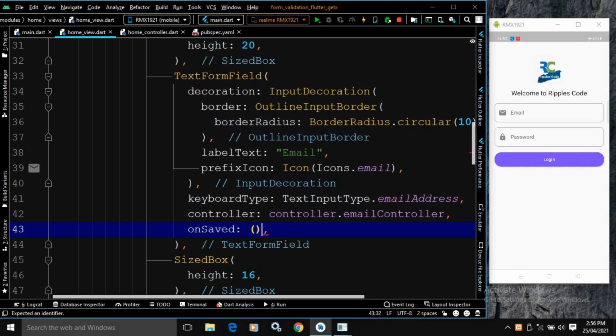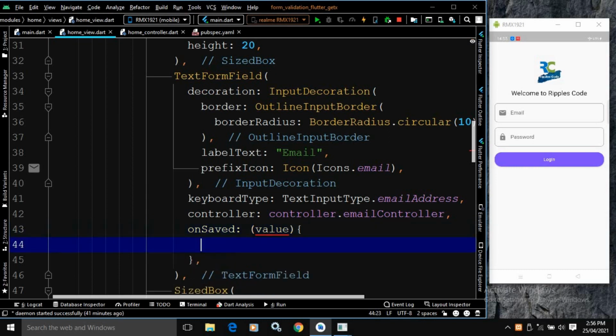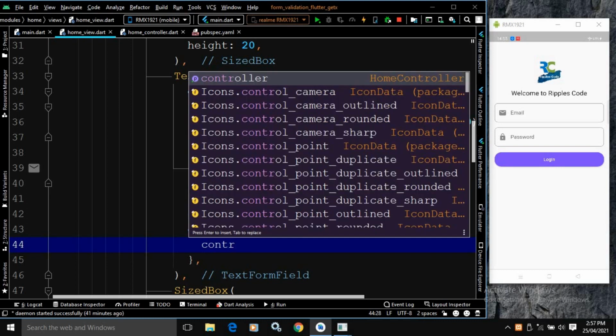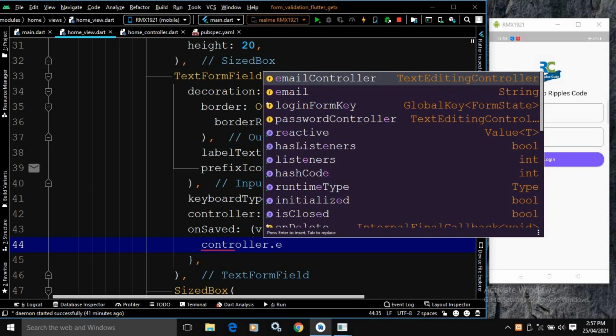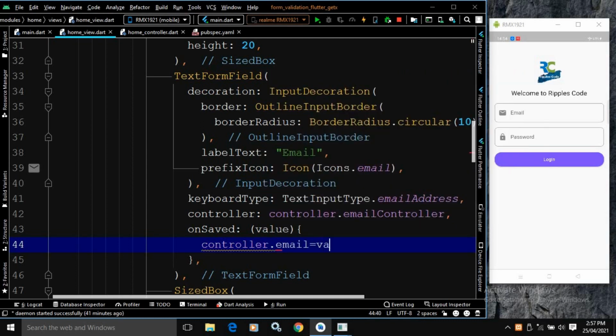After that it will take the value, this will be a method actually, value, and here I will assign the value of this text field to the email variable. So here I will write controller dot email equals to value, because this value variable will contain the value of this email text field. Here I will apply a null check operator, right?